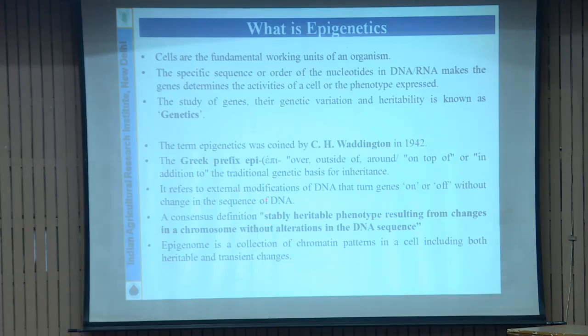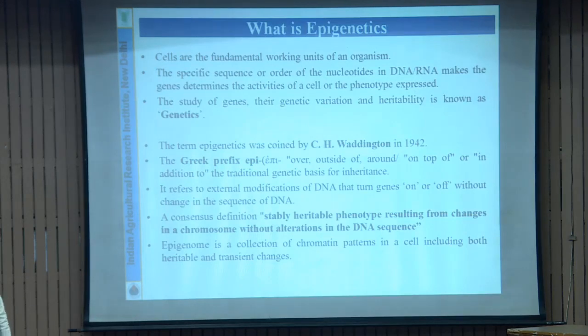So the changes which are due to external modifications of DNA but without a change in the sequence of DNA were known as epigenetic changes. That means over and above genetic changes. So a consensus definition is a stably heritable phenotype which results from changes in a chromosome without alterations in DNA sequence. And the epigenome is a collection of all those chromatin patterns in a cell, including both heritable as well